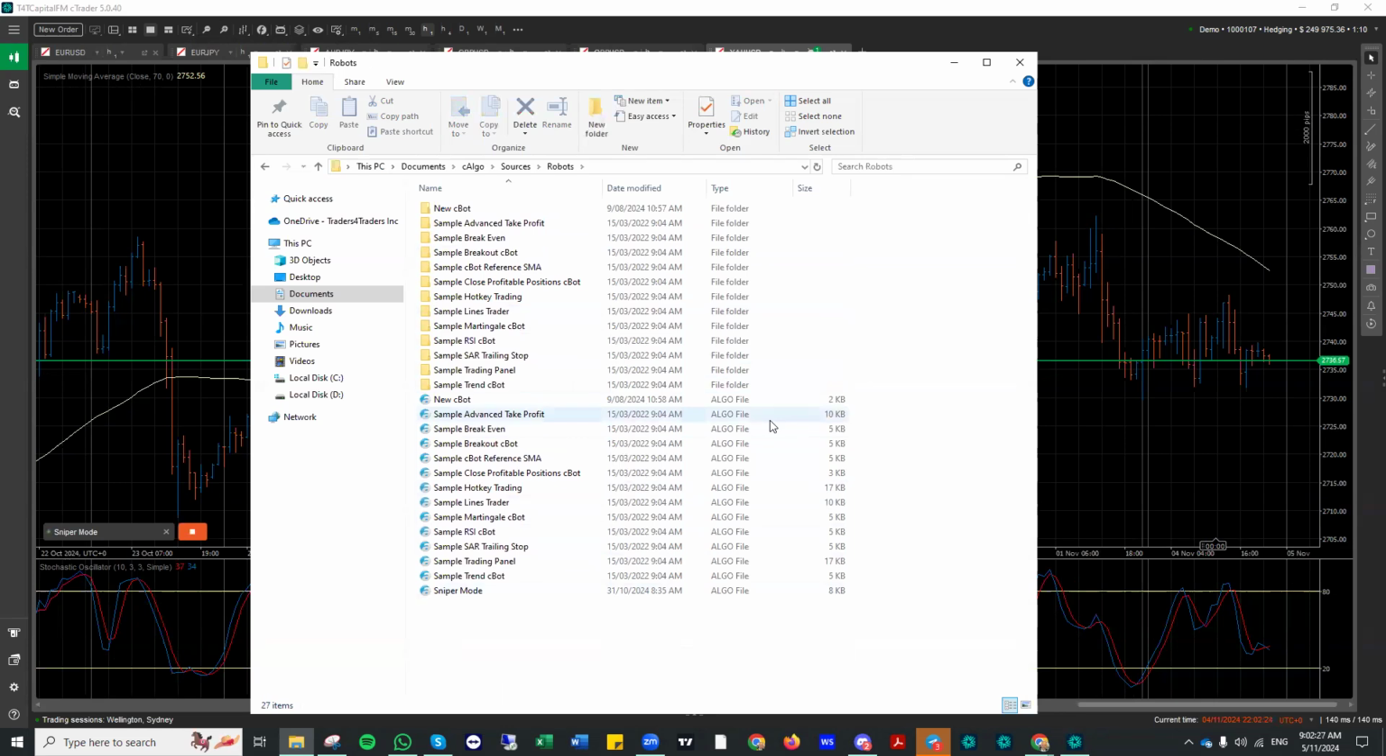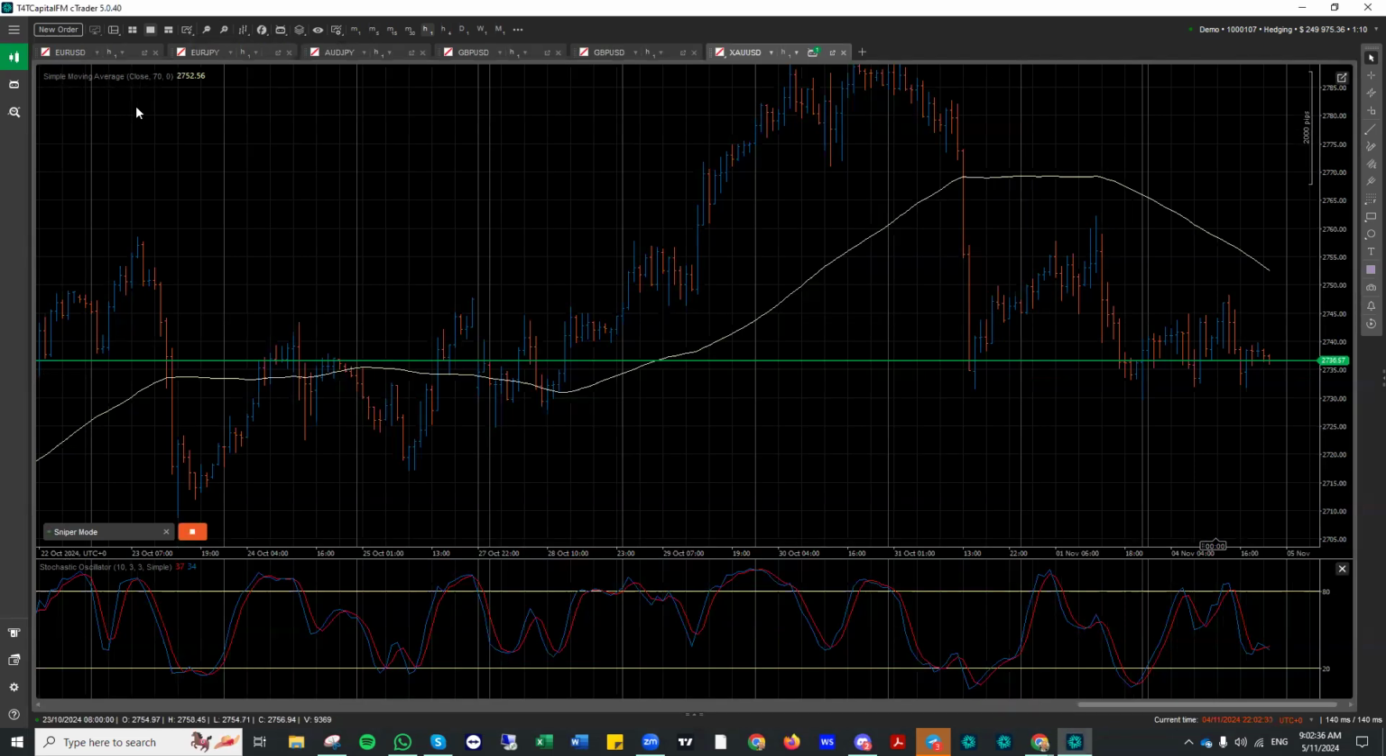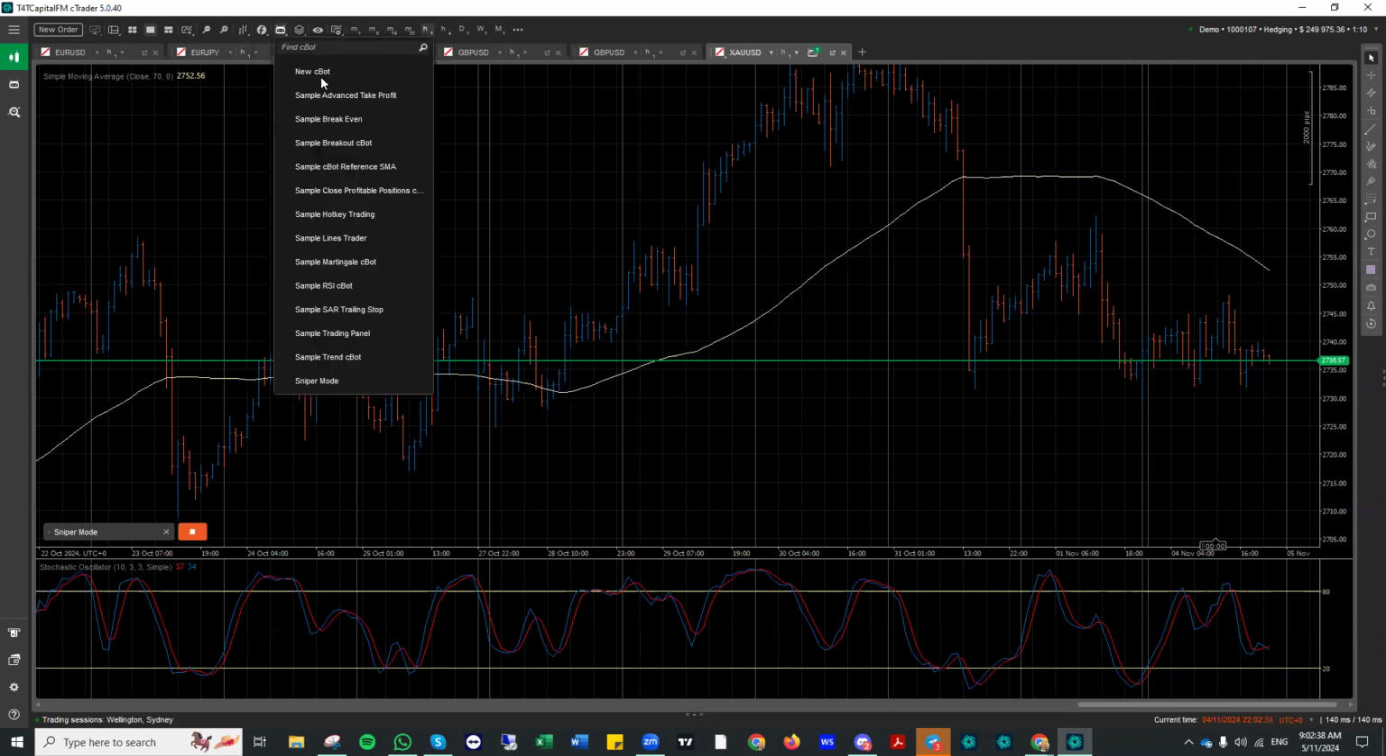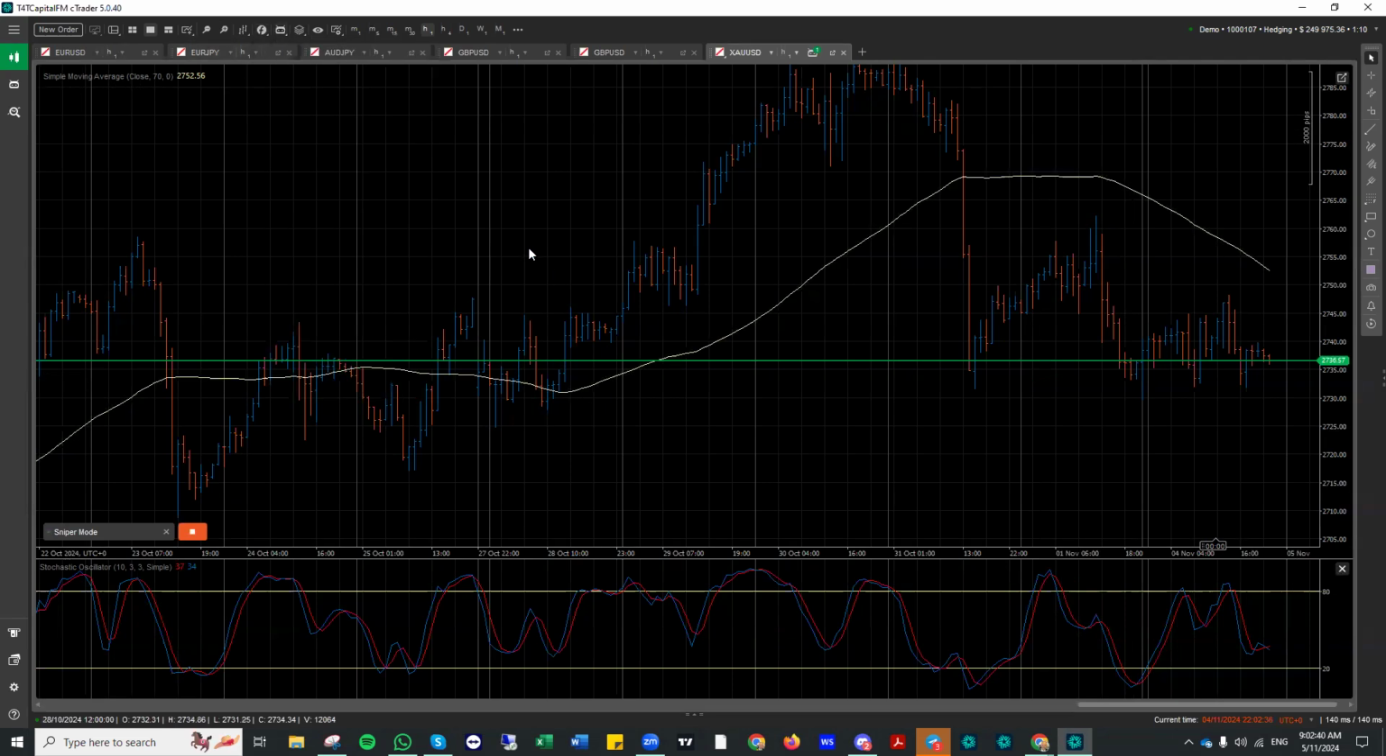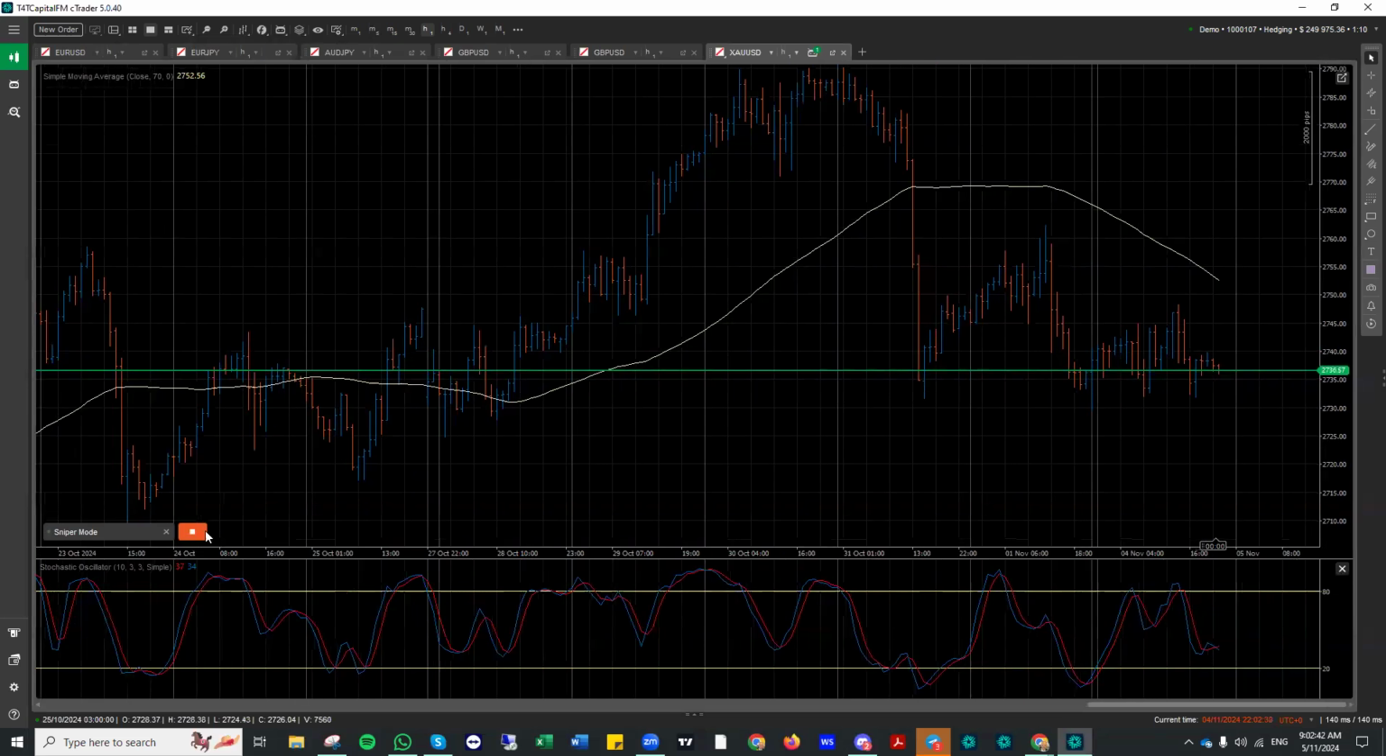If you want to add a bot to your platform, you just open this up, drag it into robots, and then close your platform, open it up, and the bot will be there for you to add. And you can just come down and click on that and add it to your chart. Okay, so